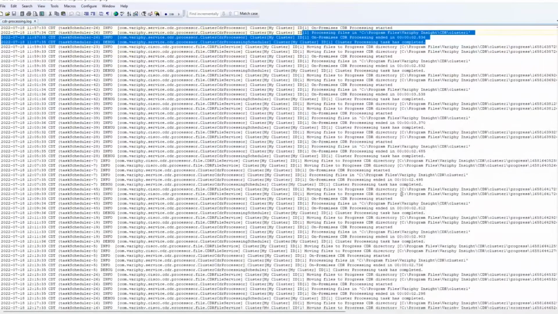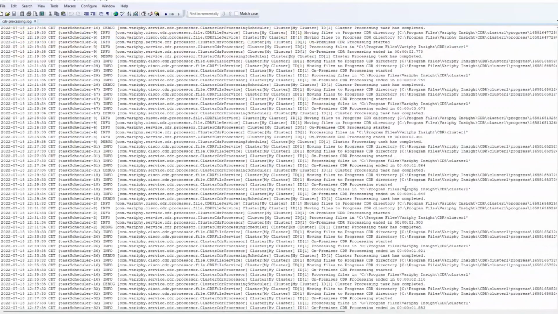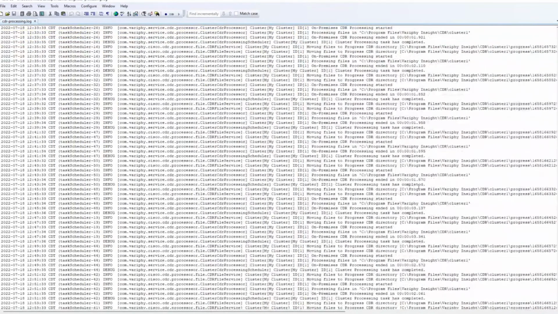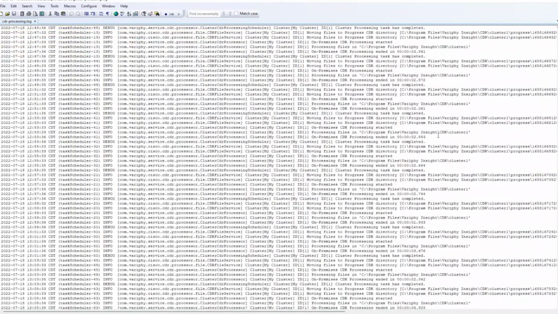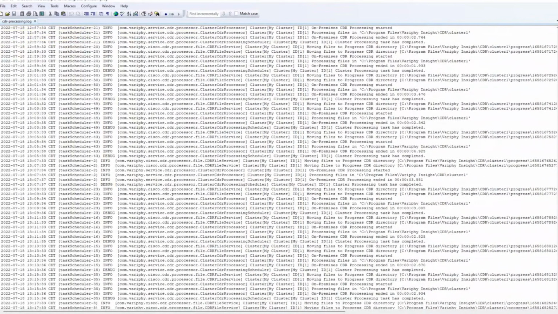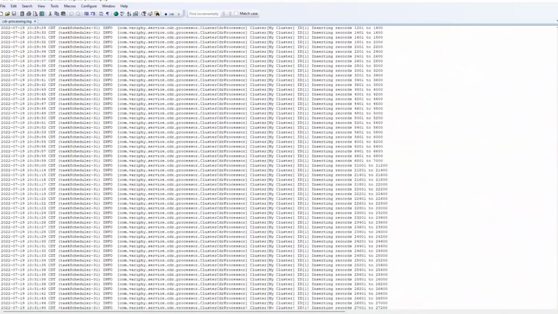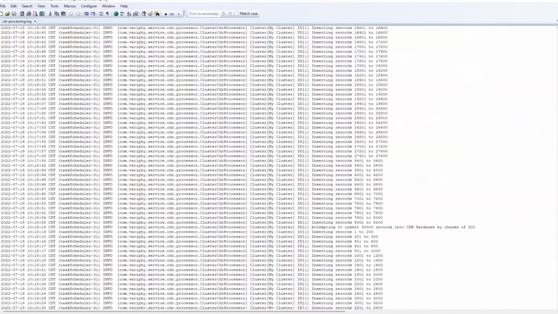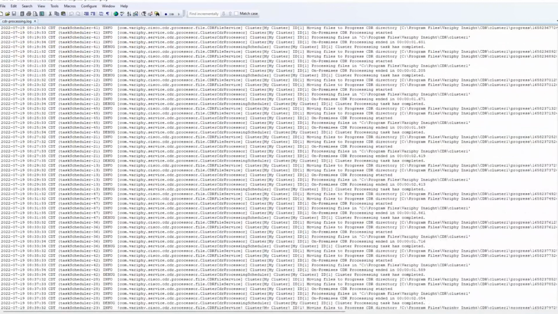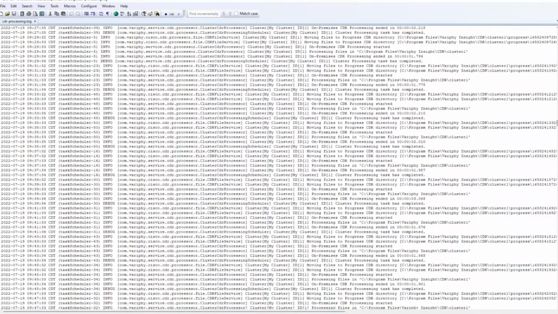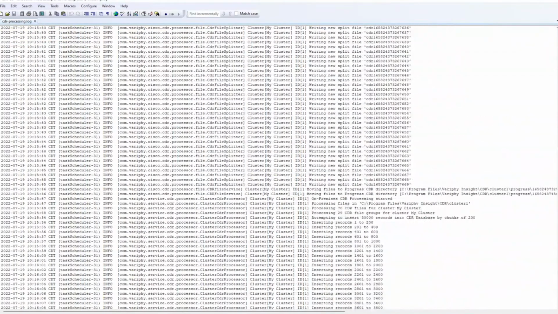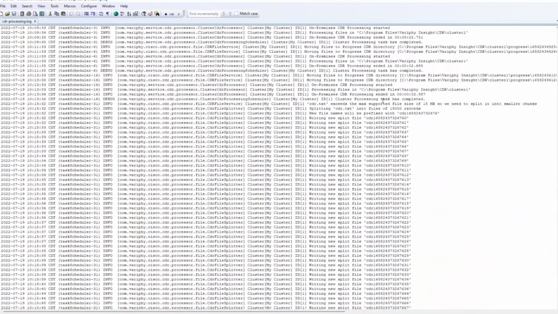I believe this is from my lab. So unless I'm putting data in my lab, a lot of it is just going to be looking for data and not finding anything. Then at some point, I put some customer data in my lab. So you can see, this is just normal. It's looking every couple of minutes, going out, not finding anything, and then I put the file in. Next time it collects, now it's starting to do work.